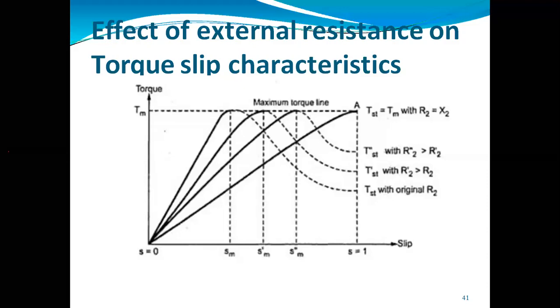Okay. So here, if we take the value of resistance to a negligible value, less than the previous value, the torque slip curve will look like a hyperbola. And when we take s equal to 1, with the value of resistance maximum, that is R2 equal to X2, you will get a curve that looks like a straight line. So here we have finished the effect of external resistance, slip, and speed on the torque.